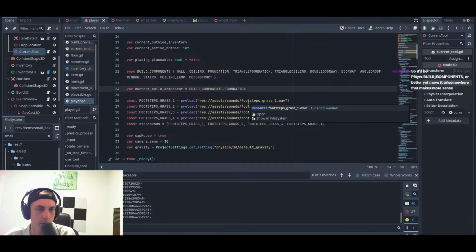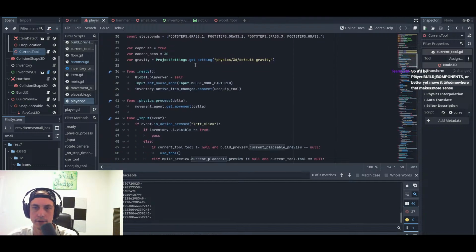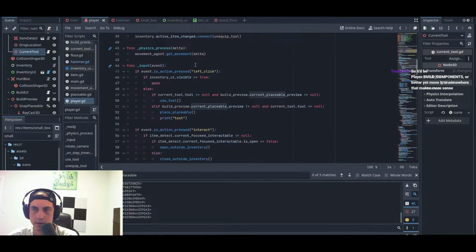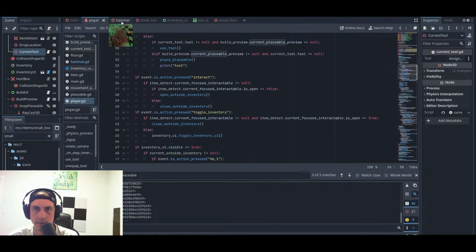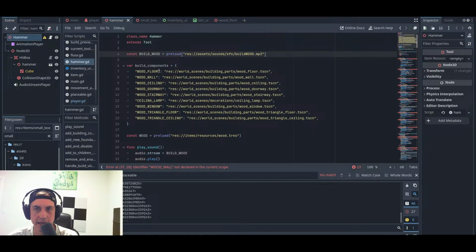Player.build components. Oh, okay. Yeah, true. Or I could just move it to the hammer or something. I'll just do player for now, just to keep it simple, but then we can move it around after. So the key itself could be